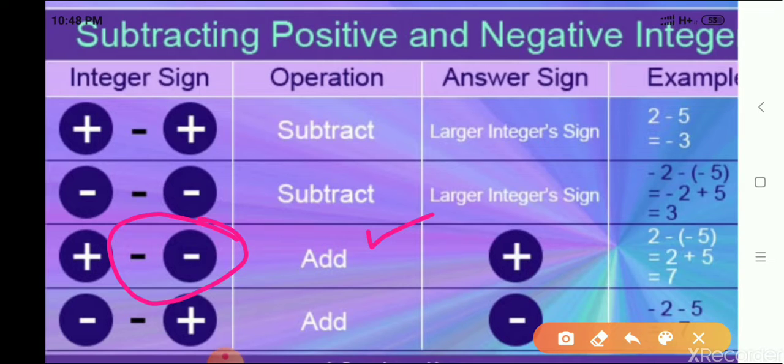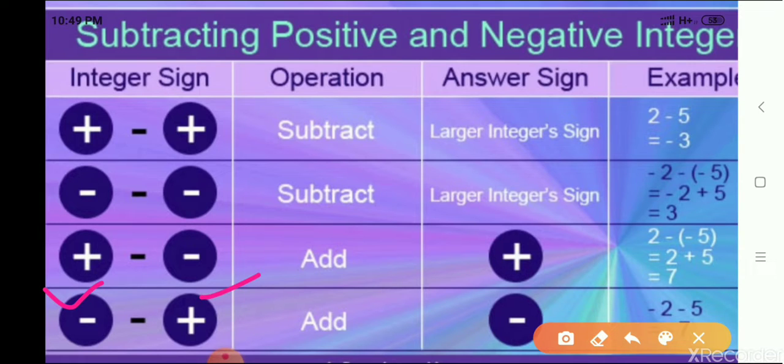Here the first one is 2, that is a positive integer, and the second is minus 5. We can clearly see that between 2 and minus 5 there are two negative signs, and which will multiply and give us the positive sign. Okay, now in the second step we can see that it is 2 plus 5. Okay, we can see that simply we have to add both the integers, so our answer will be plus 7. Understood? In the last case we have the first integer negative and the second integer positive.